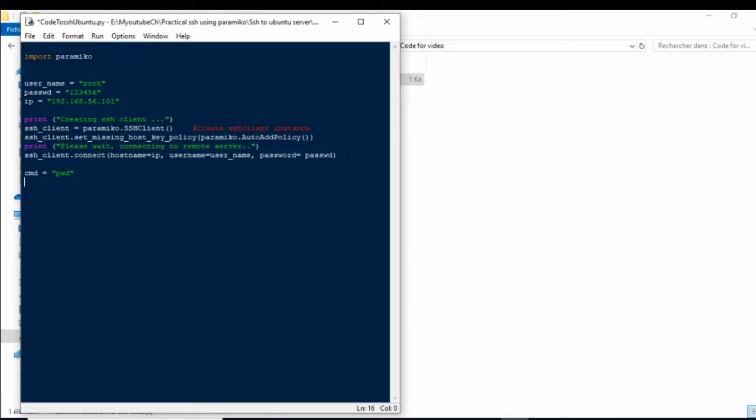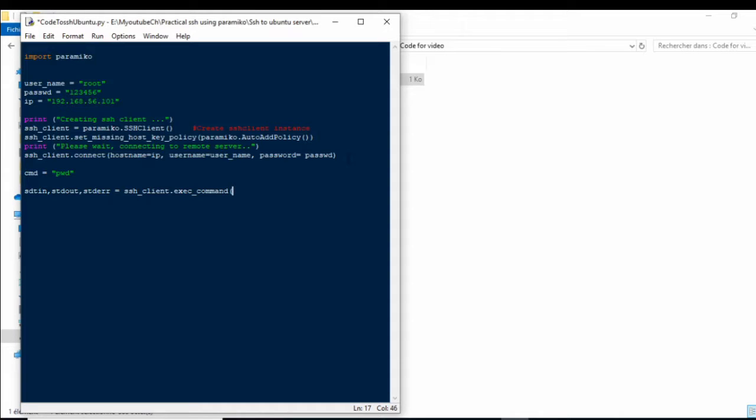After this, we need to set the stdin for standard input, stdout for standard output, and stderr for standard error. We need to set this to receive the input, output and errors for